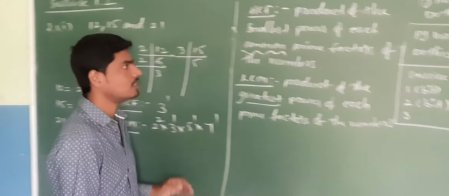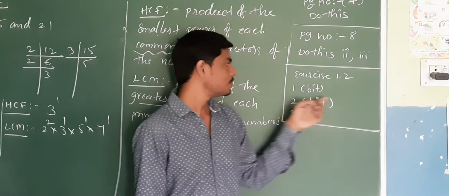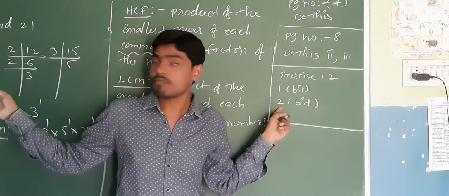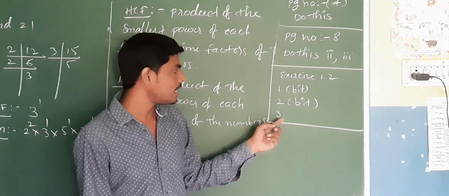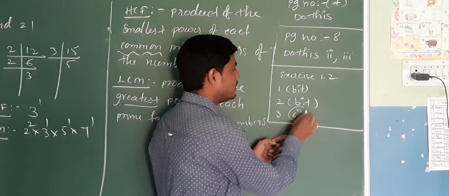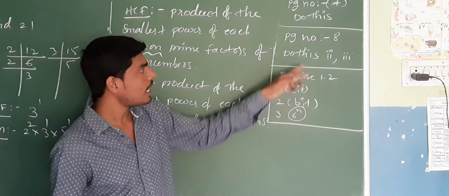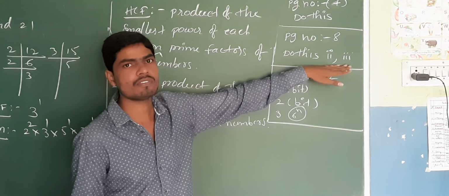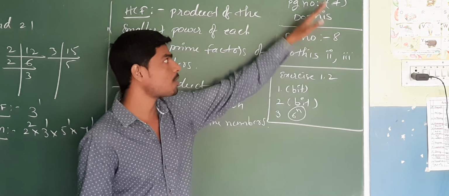So like that, in exercise 1.2, first bit, second bit, I have already done the first problem for you, and the third bit: 6 power n. Does it end with 0 or not? On page number 8, do the second and third problems. This is also finding the LCM and HCF. These problems you work out at